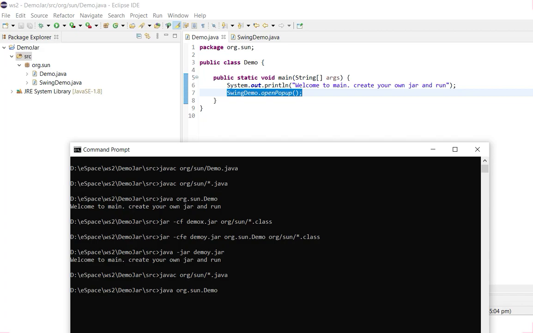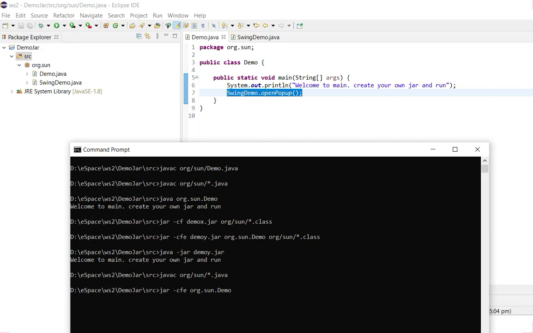cfe, create file with the entry point. The entry point is watch.sun.demo, and before that we need to give the jar file name. The jar file name is demo.j.jar. We need to give the .jar extension as well.